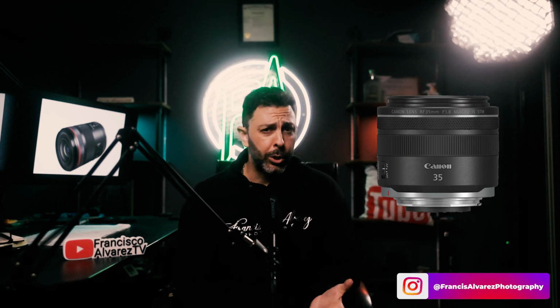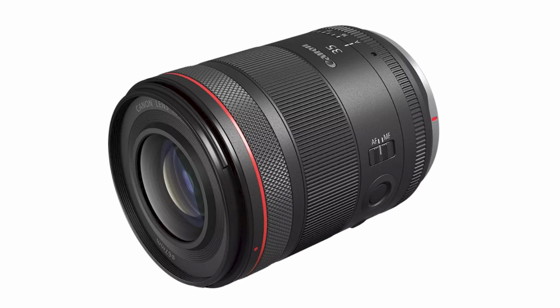When Canon released their first 35mm, I was actually impressed. It features stabilization, a decent macro capability, as well as some pretty fast aperture at f1.8. Still to this day, it's an incredible option for a 35mm prime, especially at its price point. As of today, however, it's no longer the only option in that focal range because Canon just announced their newest 35mm